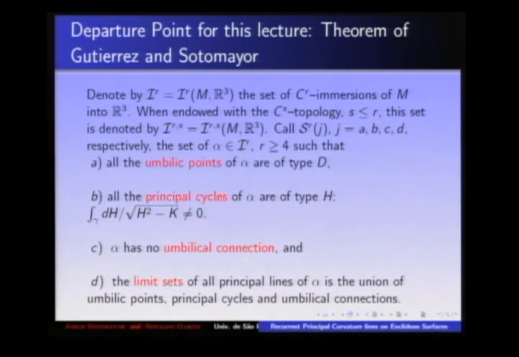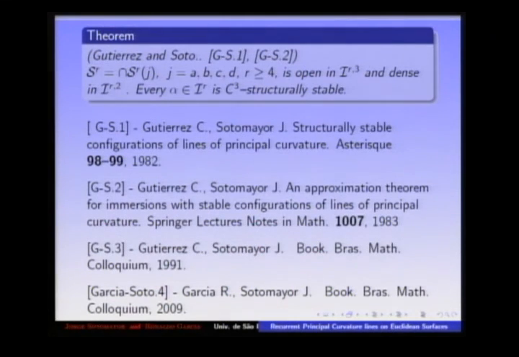This is the condition of Peixoto for the absence of recurrent orbits for a vector field to be structurally stable, and here it appears again as a condition that we impose. So the theorem of Gutierrez and myself says that the class defined by these four conditions is open in the C3 topology at least, and dense in the C2